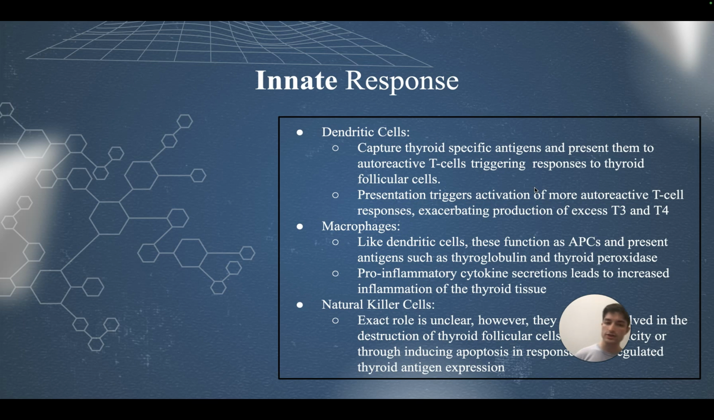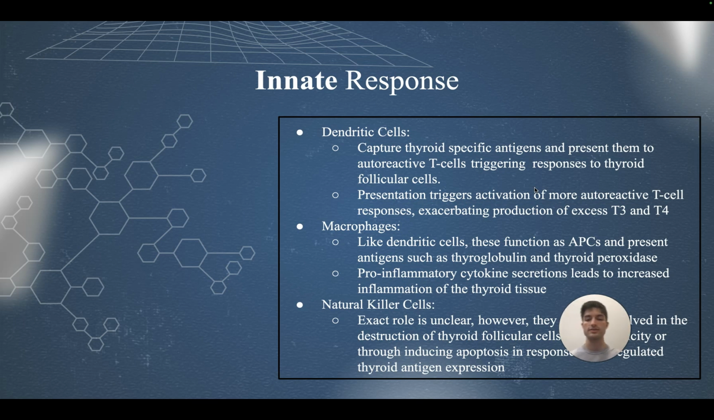T4. Macrophages are like dendritic cells in that they can also function as APCs and present antigens such as thyroglobulin and thyroid peroxidase. They can also secrete pro-inflammatory cytokines, which leads to increased inflammation of the thyroid tissue, which can further lead to the destruction of those thyroid follicular cells. You also have things like natural killer cells, and while their exact role is unclear, they may be involved in the destruction of the thyroid follicular cells either via cytotoxicity or through inducing an apoptosis pathway in response to the